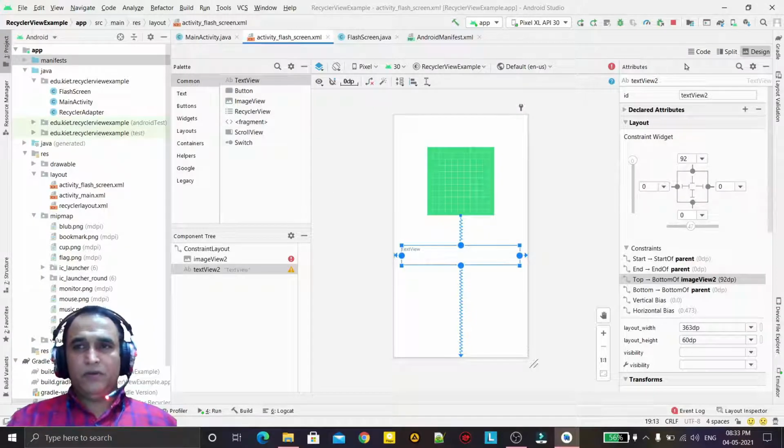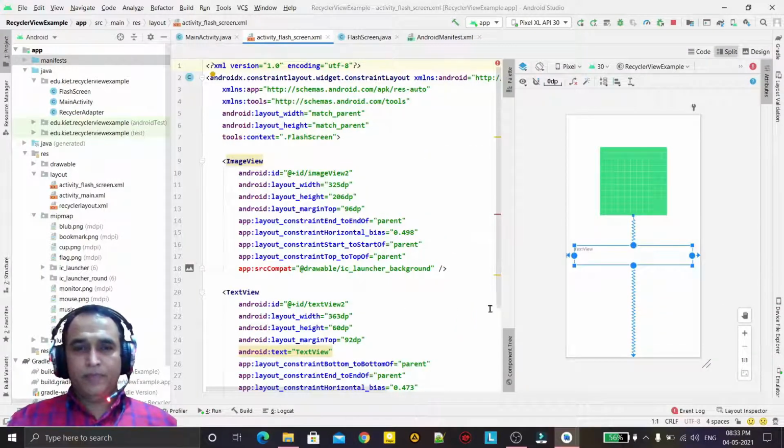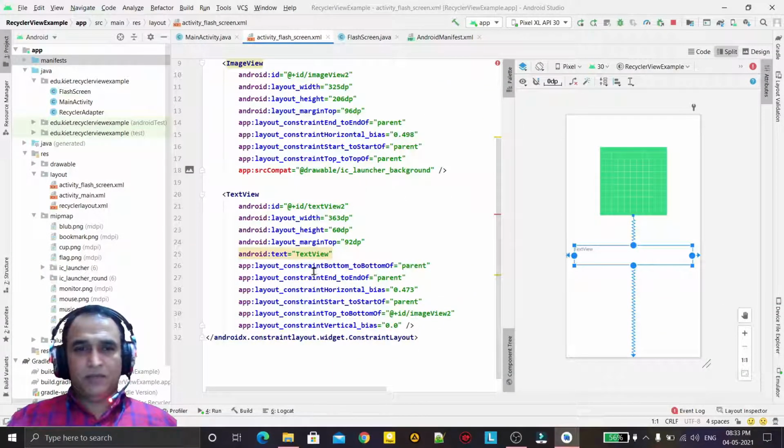Now we can go to the code window, and here in the XML layout we can give the text to it: welcome to my app, like this.